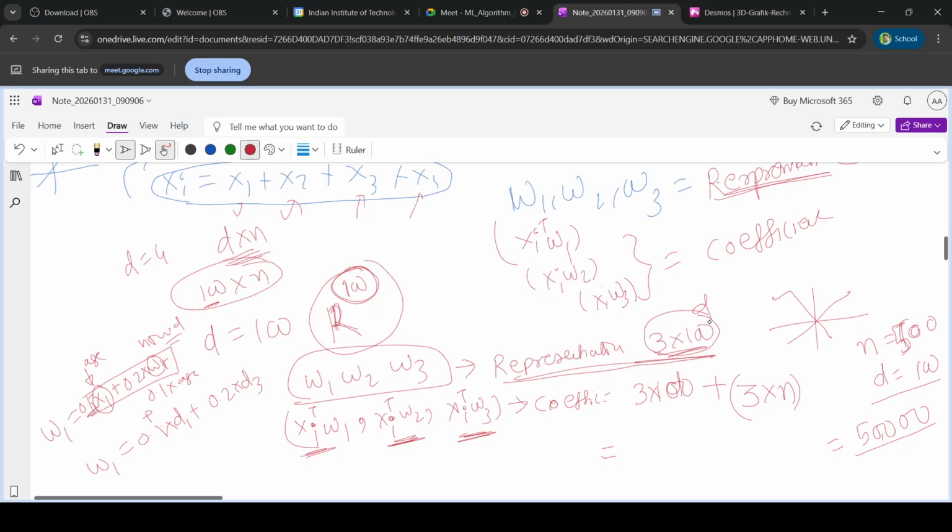So d is your dimension. What we did, we took only 3 dimensions, w1, w2, w3, 3 only, we just need 3, and xi w1, xi w2, xi w3. So this is another 3, and there are n points, so 3 into n, which in this case is 3 into 100 points, where d means 100, plus 3 into 500, how much is 3, so 300 plus